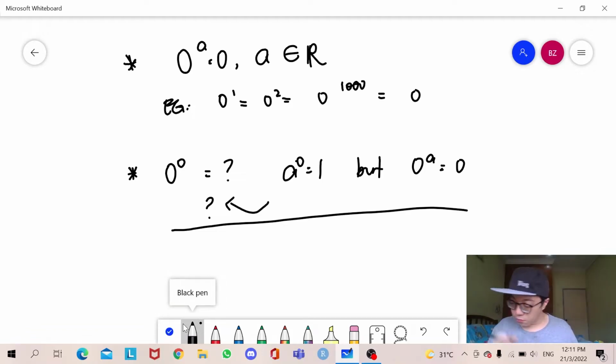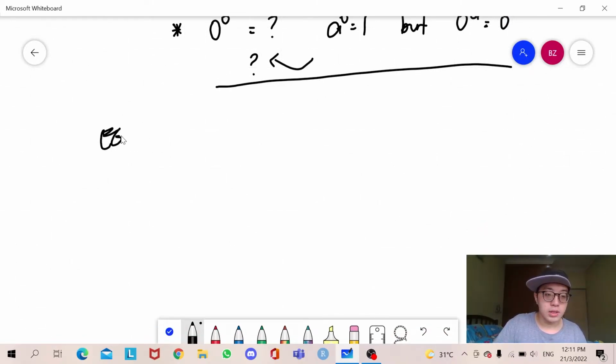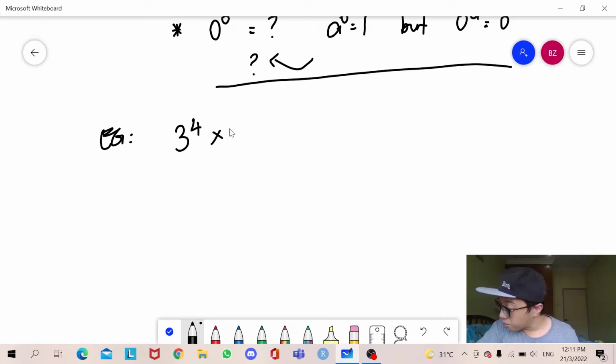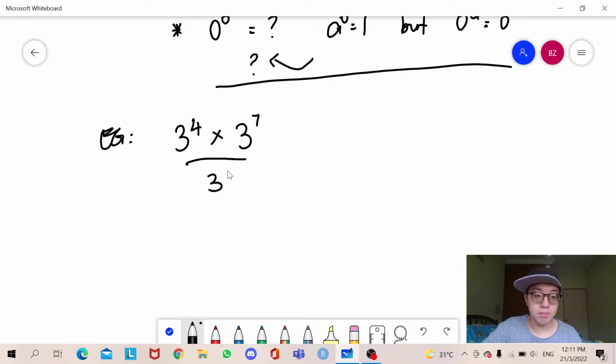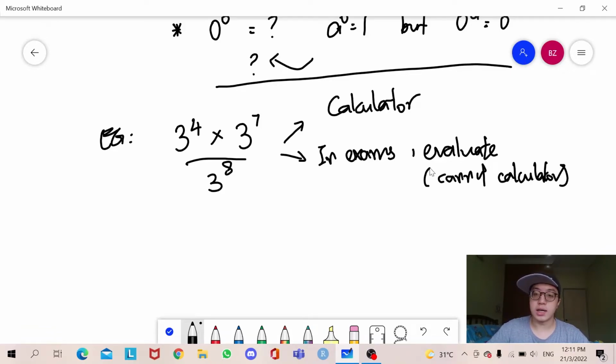Okay, before I go to the next part, I'm gonna give you one last example on indices. This is a little bit of an example using the rules of indices to solve this. There are two methods to do this. One is using your calculator, but usually in exams, they will ask you to evaluate. If it's evaluate, you cannot use your calculator